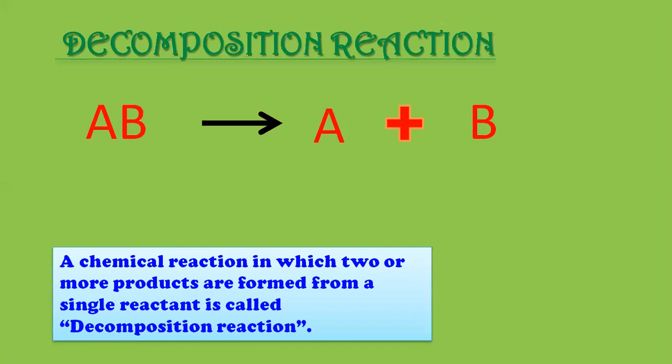Okay, so now here, decomposition, students. This splitting, the compound on its own will not go and split into two substances. It requires certain conditions for decomposition to happen. On its own, it might happen. Naturally also, sometimes decomposition does happen, but that is a very slow process. And I can't wait every time for my reaction to get complete. So I'll be providing some extra conditions from outside for the decomposition to happen.